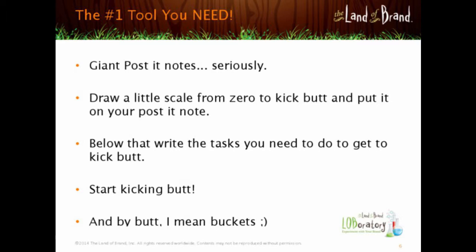Seriously. So how are you going to use giant Post-it notes? Well, you can put them all over your wall, put them on the back of your door if you don't want everyone seeing them, and literally this is going to put your goals in front of you at all times. So what do you do? You can draw a scale that goes from 0 to kick butt and put that on your Post-it note, and as you start moving forward, you start doing little tick marks as you get closer and closer